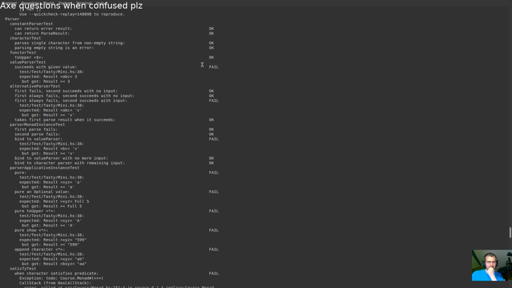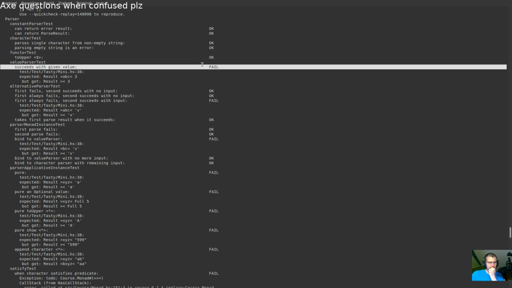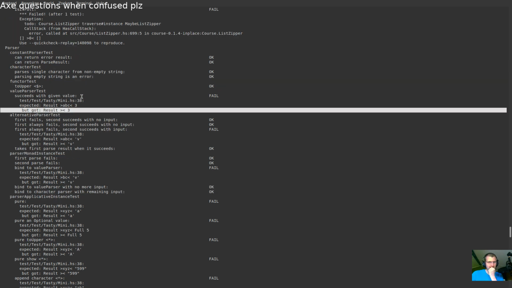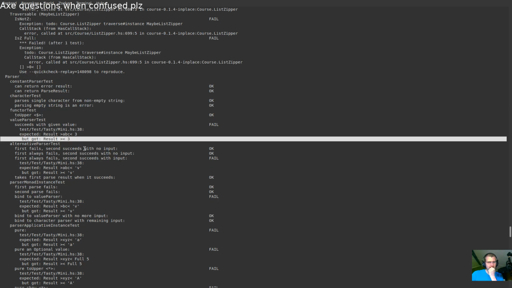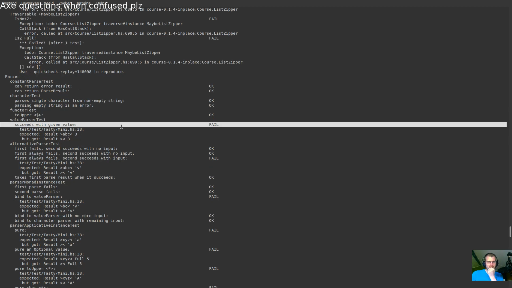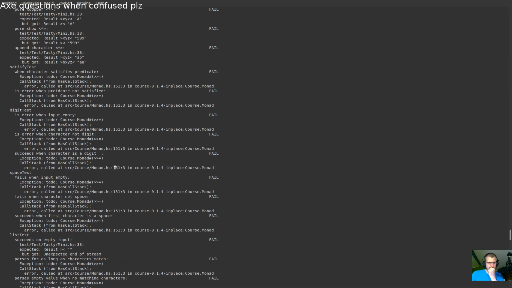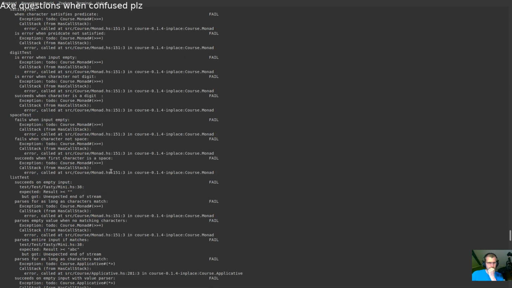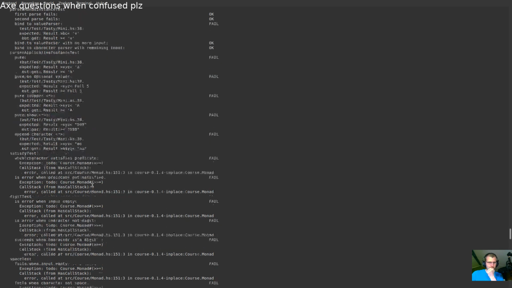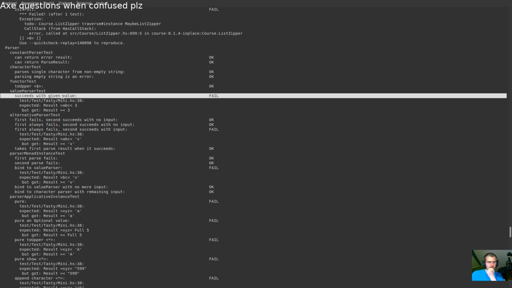Even value is failing. Right, maybe we should fix this first then. It could actually be the case that this other stuff is failing because the value parser is failing.